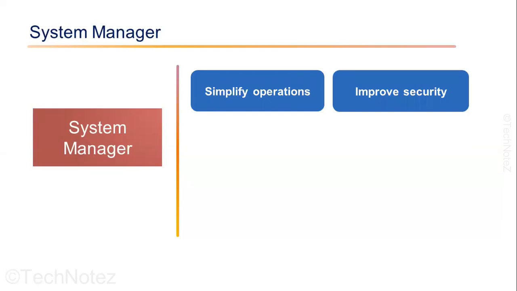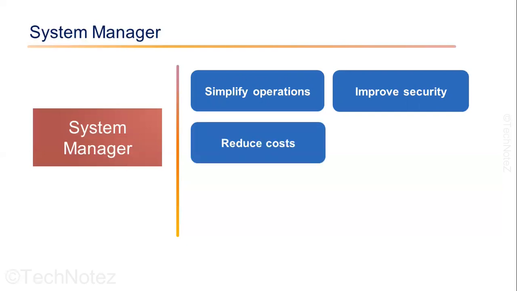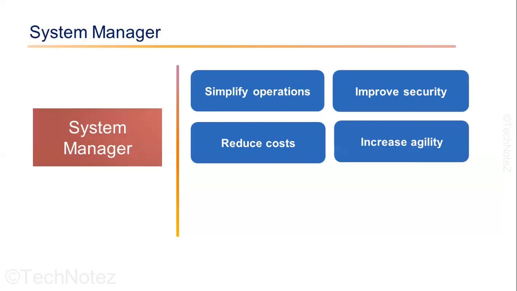Improve security. Parameter Store enables you to securely store and manage secrets, reducing the risk of unauthorized access. Reduce cost. Automation and patch management features can help you to reduce the time and effort required to maintain your instances, resulting in cost savings. Increase agility. By automating common operational tasks, AWS Systems Manager can help you respond more quickly to changing business